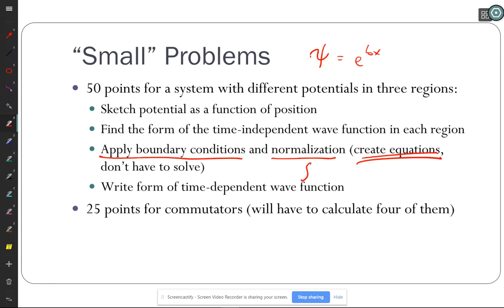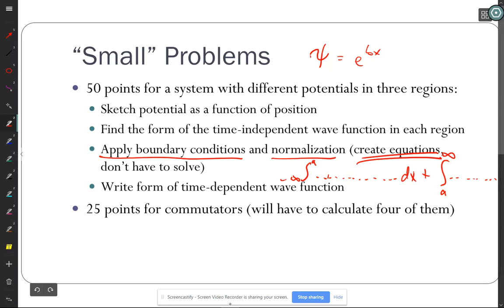So integral from minus infinity to a of psi 1 star, and instead of psi 1 star, I'm actually putting whatever it is here, right? That's psi 1 star, and then psi 1 dx plus integral from a to infinity of psi 2 star, psi 2 dx. Well, imagine that I wrote dx there equals,